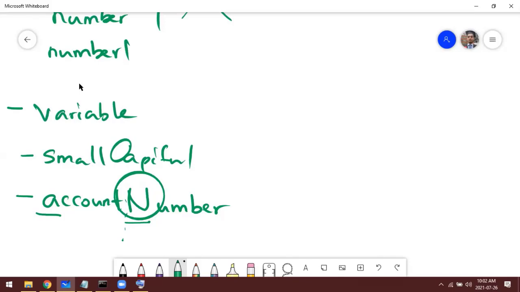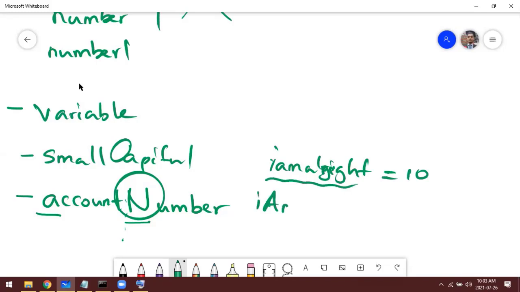For example, if I type it all in one flat string, sometimes it may be difficult to understand. So if I write this way, I am all right, right? I am all right.